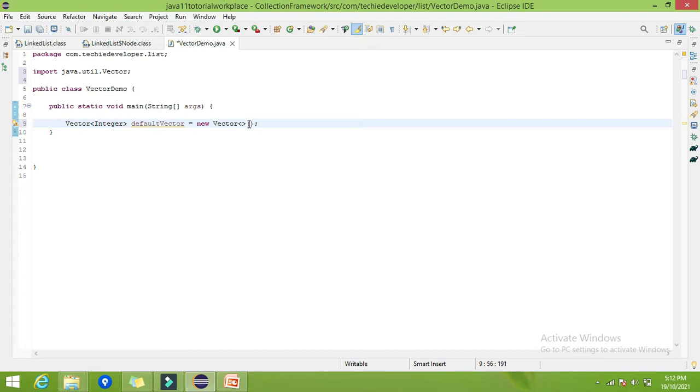When we create any vector list by using the default constructor, by default its capacity is 10. As in ArrayList we have the default capacity as 10, similarly in Vector also we have the default capacity as 10. So let's try to print it.